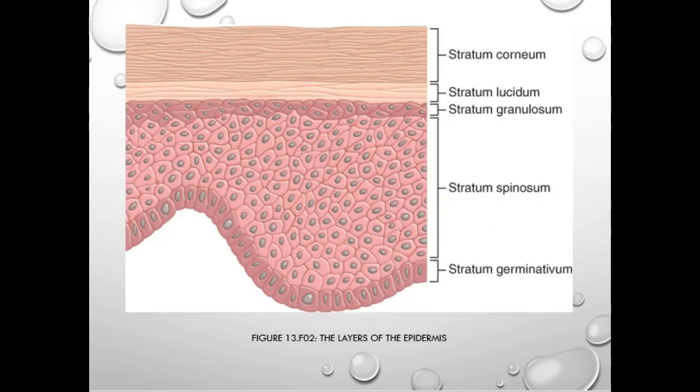Here's a close-up of the epidermis. You don't need to remember these strata. Okay, there's 5 strata in what are called thick skin. There's 4 in thin skin. And what I want you to know is you have cells at the bottom in this germinativum, that reproduce, and they push up and up and up, and eventually they'll actually lose their nucleus,